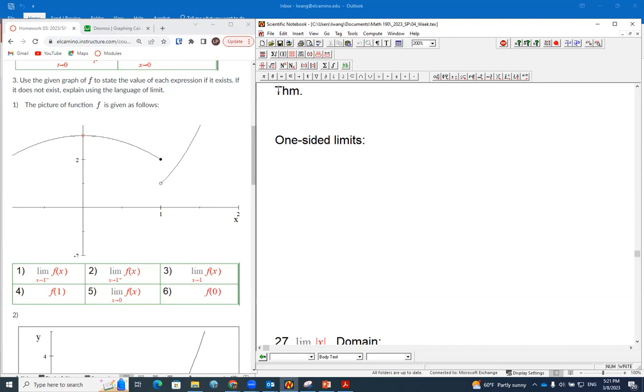If the limit exists, suppose we have a limit when x is approaching a. We know that definition. A is not necessarily in the domain of f. If this limit exists, that is equivalent to saying, if and only if,